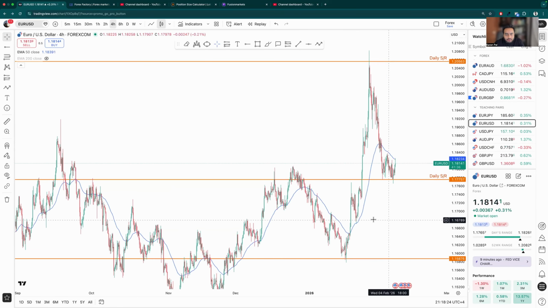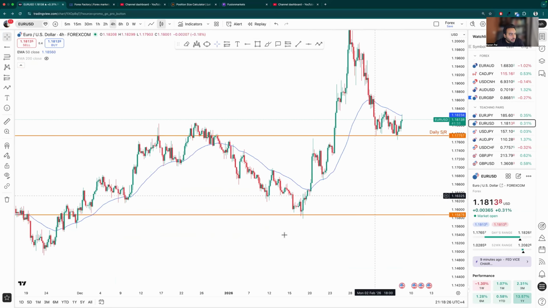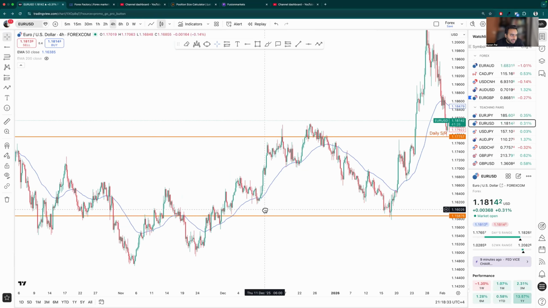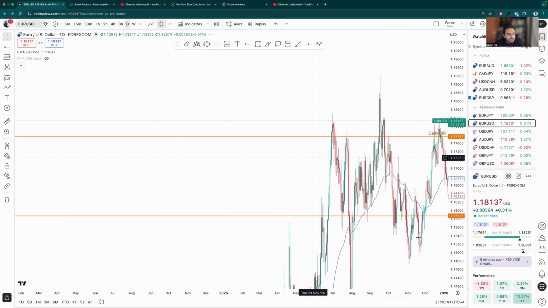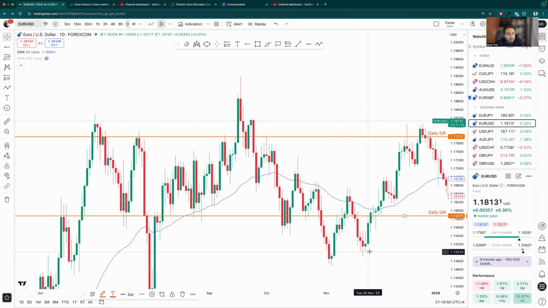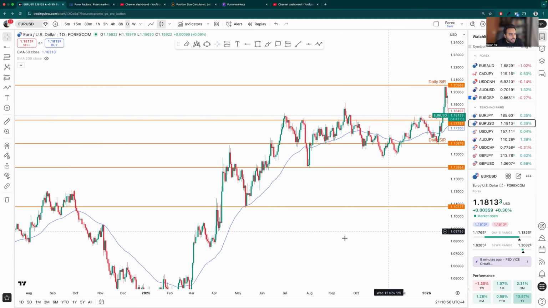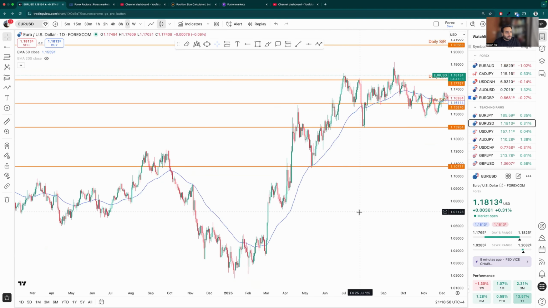So I hope this is clear that you need to make sure as many touches are covered, and it needs to be on the time frame. For example, on the 4-hour time frame, there are some wicks right here. I can't move this line above to cover these touches because this support and resistance is based on the daily time frame. So it needs to fulfill what the daily time frame is doing, not the 4-hour time frame. Now we have this. I hope all of this makes sense.